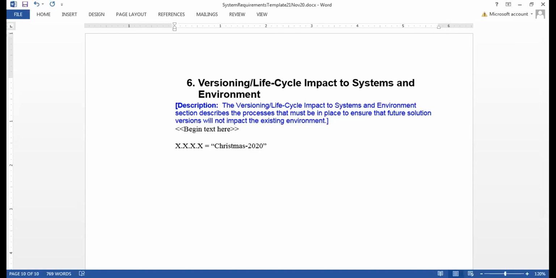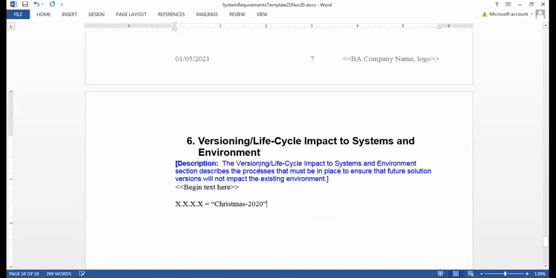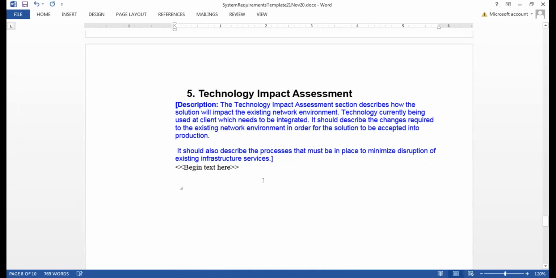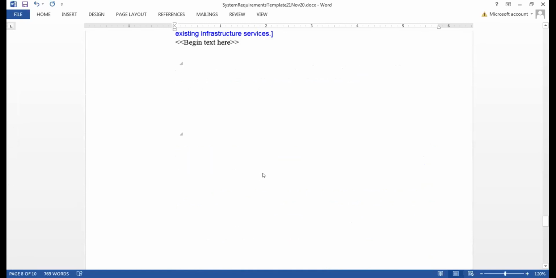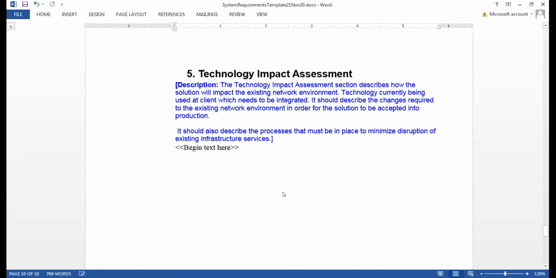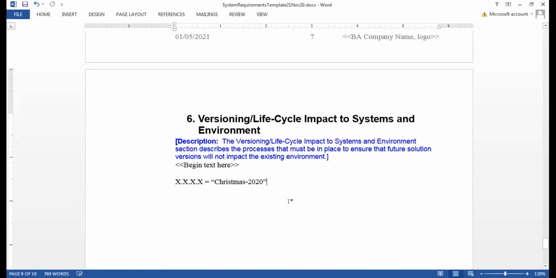If my client has any such labeling practices carried in their vicinity or in their quality management system, I'll add those here. But normally this chapter can be left blank because these are done by the infrastructure consultant now rather than BAs. But yes, the chapter is still there. So these last 2 chapters, you can leave blank until the first workshop. In the last workshop, you can add these things. By that time, you'll understand in depth what a quality management system is, how the labeling works, and how the versioning works. Okay, any confusion on this document?